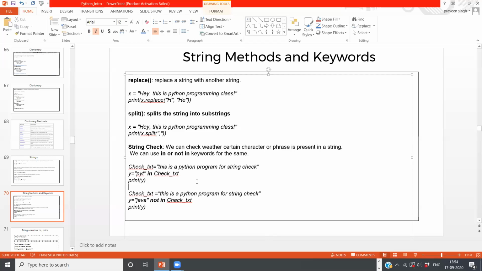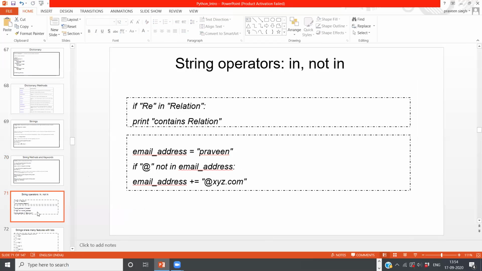Now let us move on to the very next topic. Before moving to that, I just wanted to give you some example which is required for in and not in. As I have mentioned here, I will write the code in such a manner that you will get it.